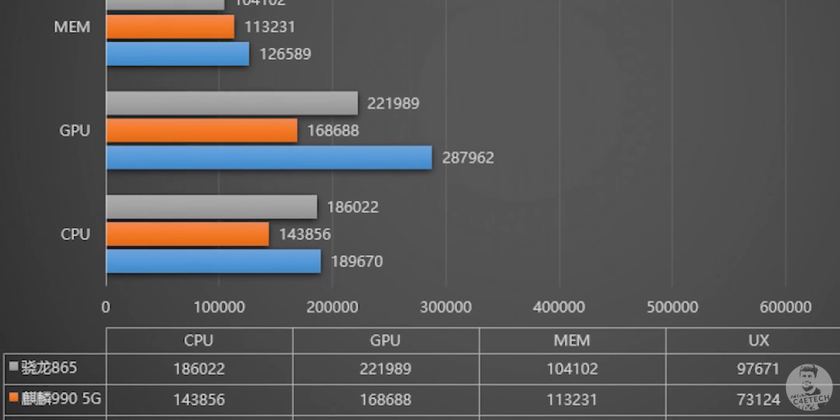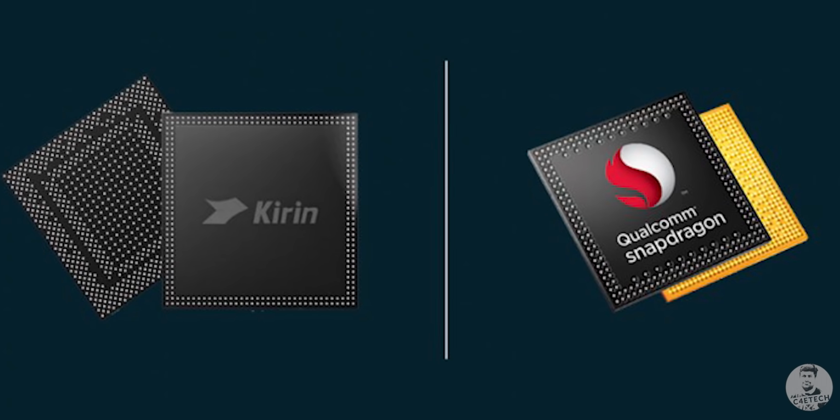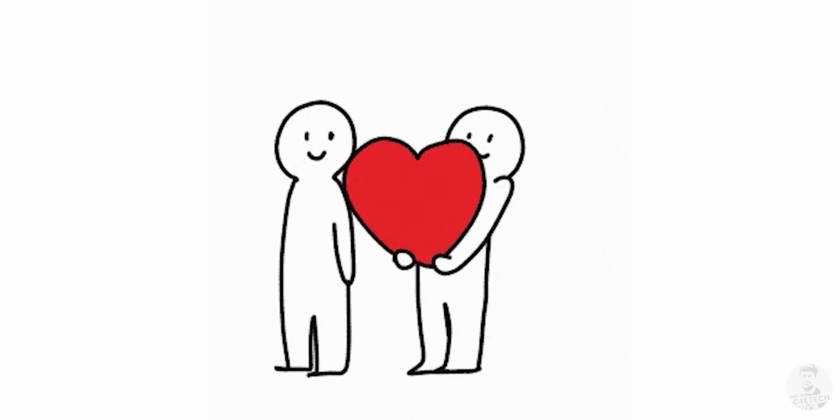But this time, the Kirin 9000 outdoes the Snapdragon 865 Plus with CPU, which wasn't very surprising. We kind of did expect that. But it also matches the Snapdragon 865 Plus's Adreno 650 with GPU performance. So Huawei seems to have finally caught up with Qualcomm and might even have their noses ahead, and that's heartbreaking